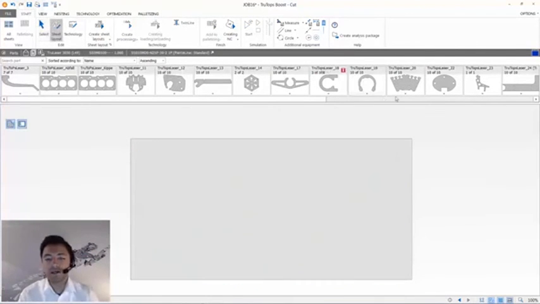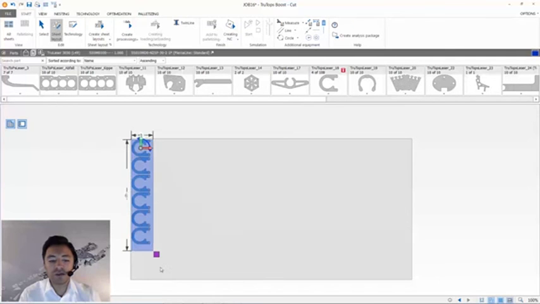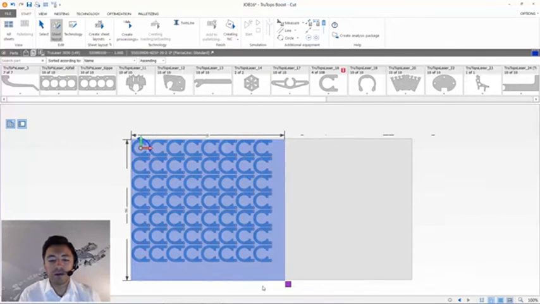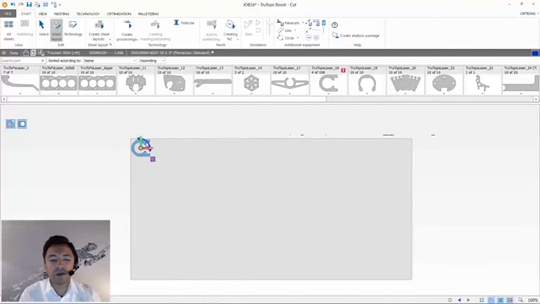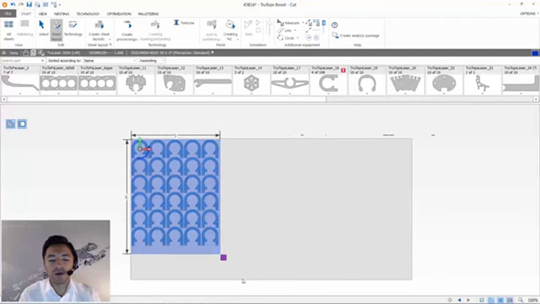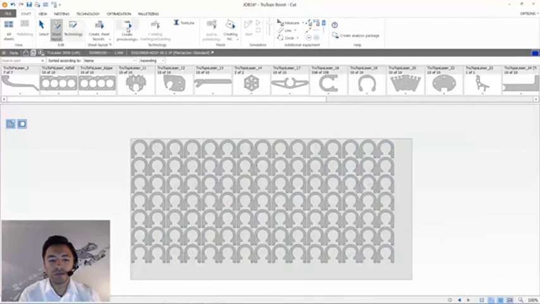So just delete that. I grab the part which I have up there, and just to show you some manual modification features. So you can, for example, change the angle position,